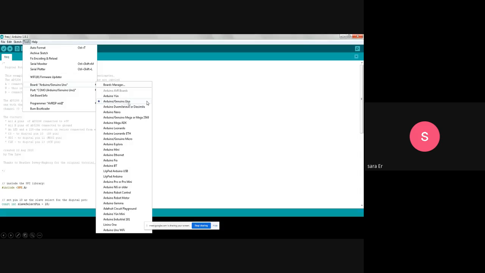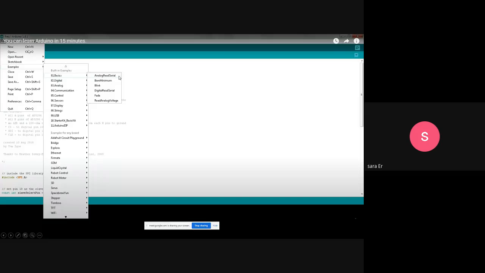If you have Arduino Uno, you set Arduino Uno. And there are lots of very interesting examples here. You can use the File menu, and after that Examples, and in the Basics section, for example, you can see the AnalogReadSerial example.